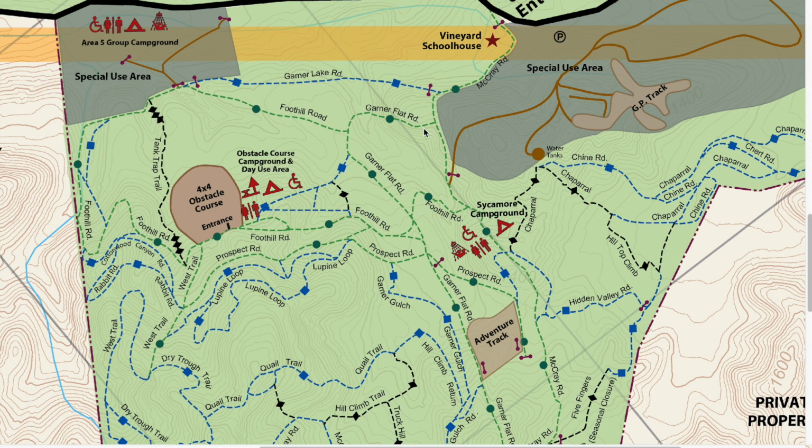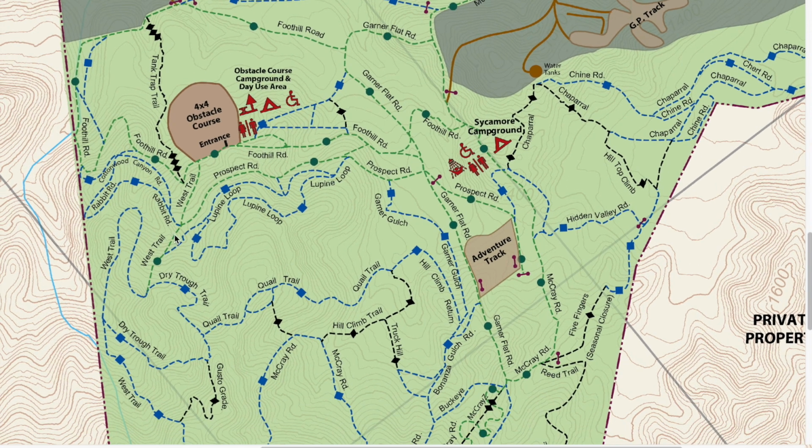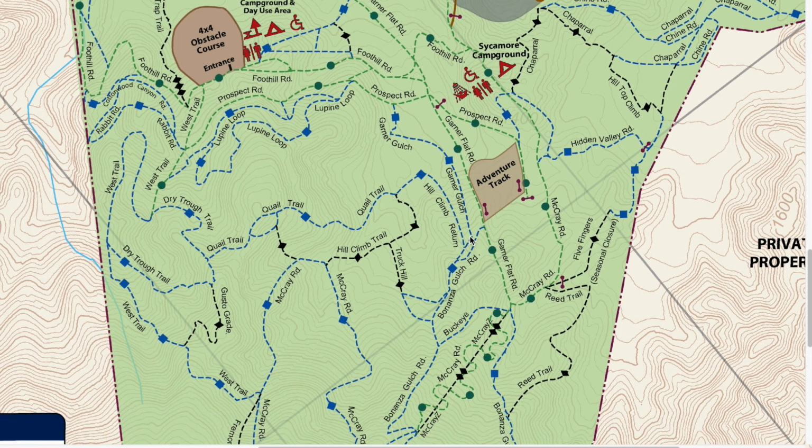So after getting the lift installed, I took it on a shakeout run to Hollister Hills off-road park. All the driving I had done in the off-road park had been purely on the green tracks, the beginner tracks. So this time I was like, hey, I'm gonna take some of the blue tracks and see how they are. I think I took the Lupine Loop, and then Gardner Gulch, and then things got a little